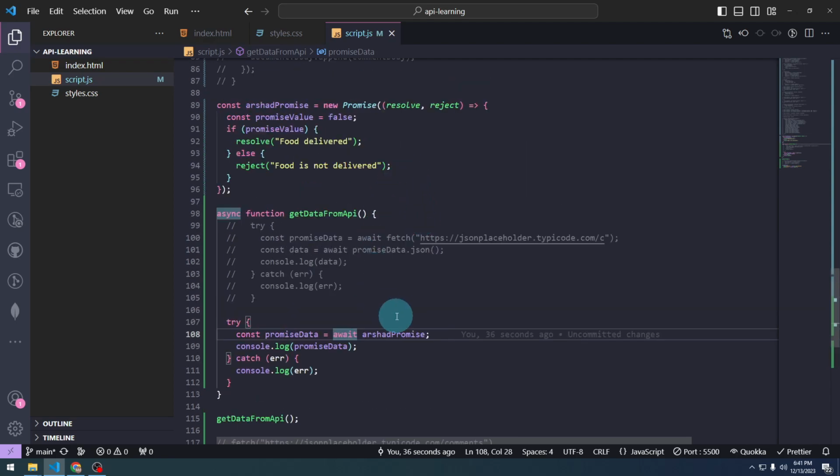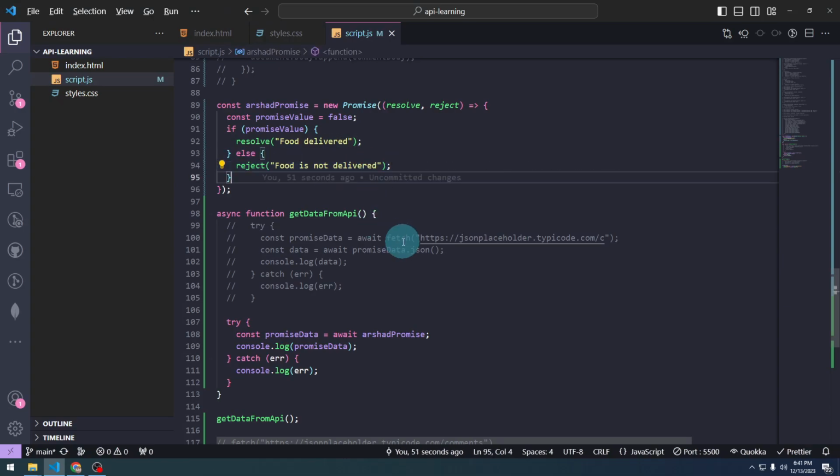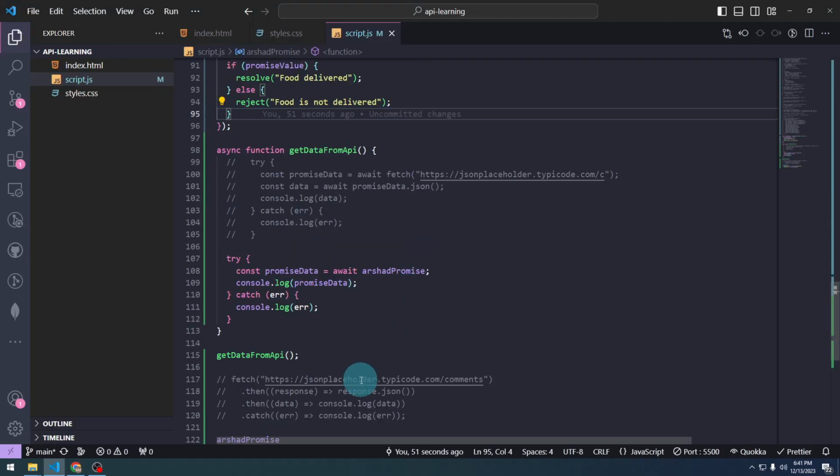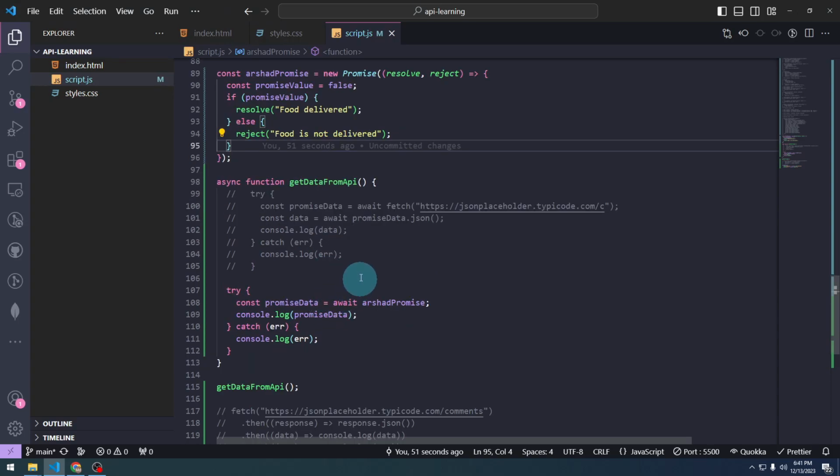So if it is resolved, we'd get the food delivered. If it is rejected, we'd get food is not delivered. So it's very similar to dot then and async await. They're very similar, and I would urge you to use both of them and have a strong understanding of them. This is really important because